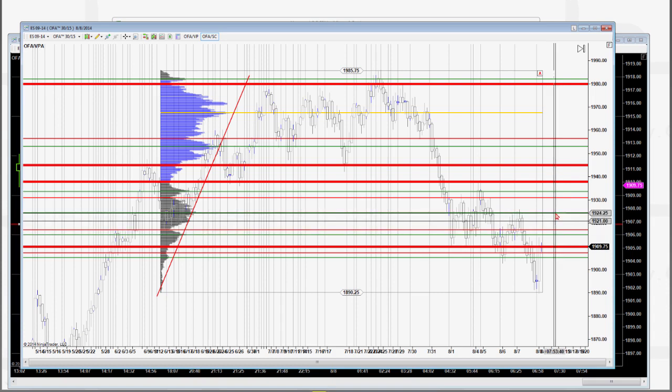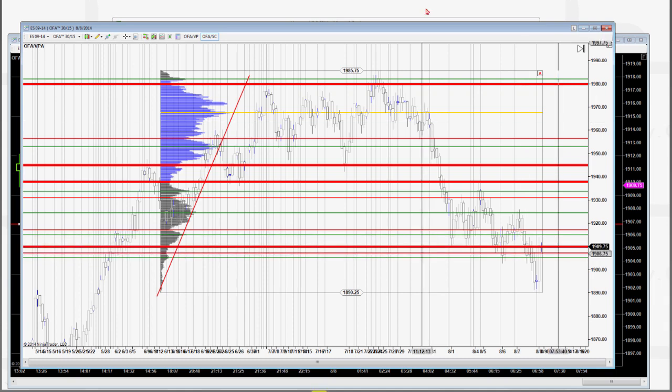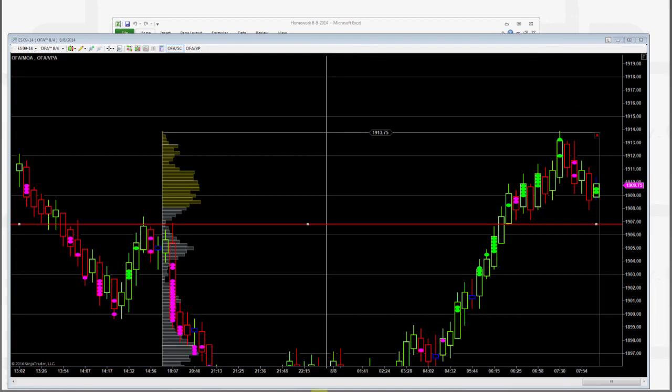So I'm hoping that makes some sense, right? If you understand the elements of the volume profile, you understand that the green lines, high volume areas, become a magnet for price. The red lines, price either breaks through or it becomes like a brick wall where price bounces off of. So right now we're above this 1907.25 level. And so